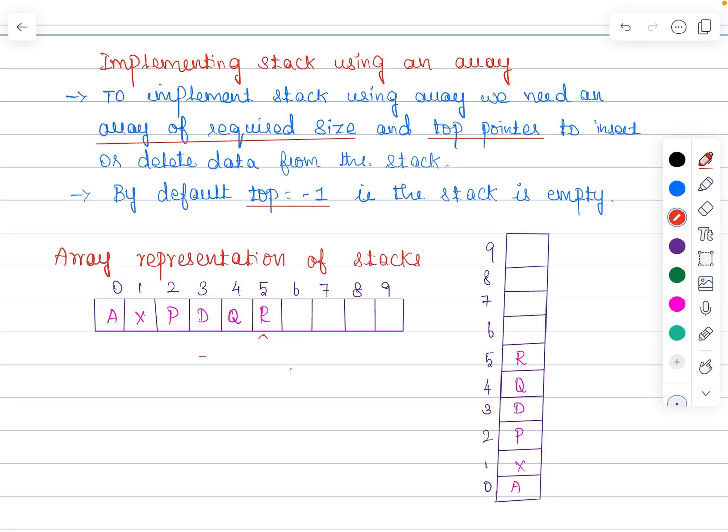Implementing stack using an array. To implement the stack data structure using an array, we need an array of required size, which means the size of the array, the maximum number of elements the stack can hold, and also the variable which is called the top pointer, which would hold the address of the topmost element in the stack to perform insertion and deletion